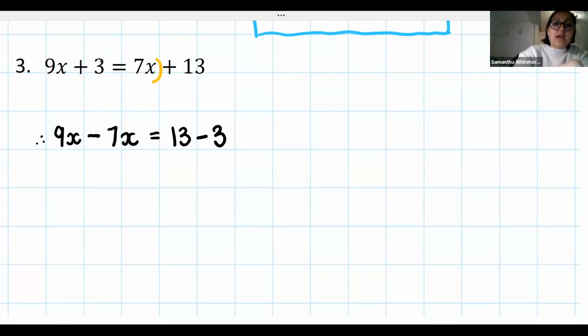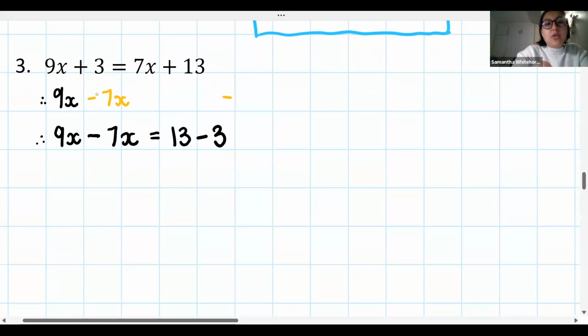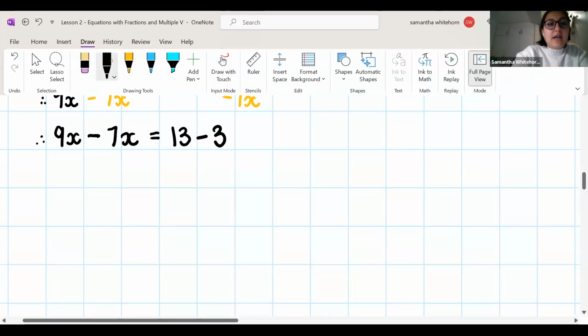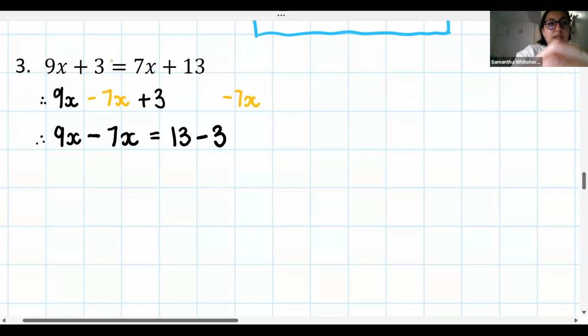If you don't understand where I got this, let's take a step back and make sure that we all get it. 9x we're fine with, but we need to bring that 7x over. So we're going to have minus 7x on both sides, so that my inverse operations are accurate. The next thing I'm not a huge fan of is the plus 3. So I'm going to have to subtract 3 on both sides of my equation. Right, so that now means on the right-hand side, I've got